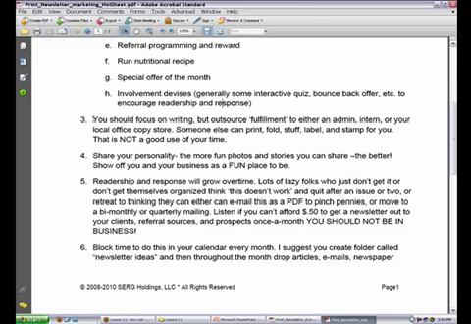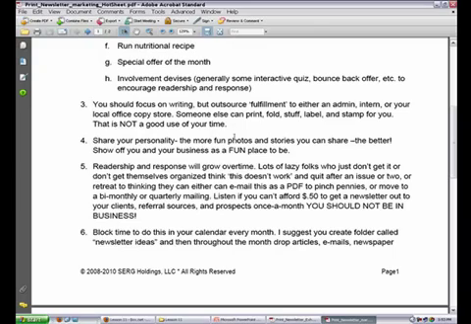Again, you should focus on the writing. You should be the content producer and the publisher and the marketer, because that's some of the highest activity of the business. But there's no reason for you to be doing the administrative tasks of printing it, stuffing it, all that kind of stuff. So leverage either an administrative assistant, an intern, a staff, some kind of helper, or drop it off at the office supply store and let them do that. That's not a good use of your time.